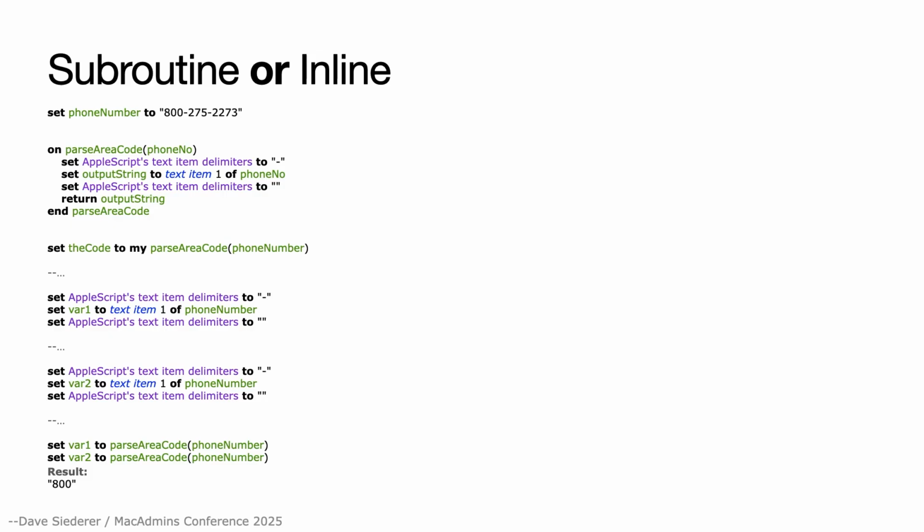I'll take this. There we go. In this example, we've got the text item delimiters, and we're flipping that every single time. In this way, right at the bottom, it's one line. We know we're going to have to do this more than once. So a subroutine really does turn into